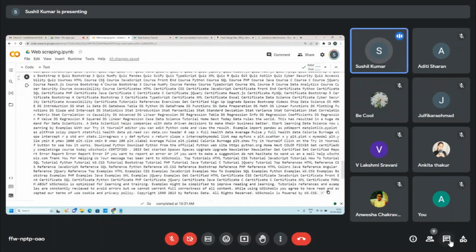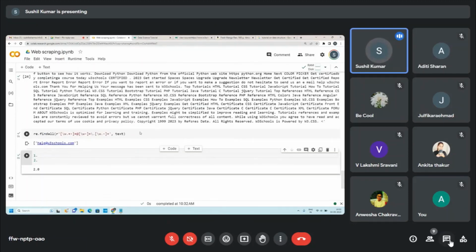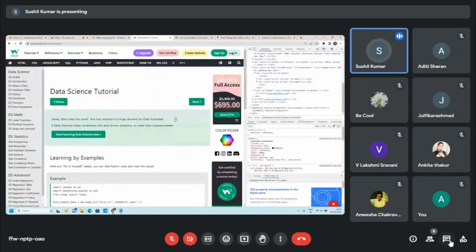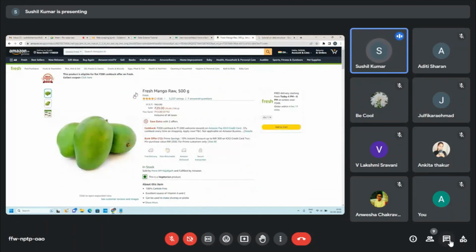Suppose I want the email ID from that website. If I run this one, from that data I'm getting help at the rate w3school.com. Basically, the pattern is word followed by at the rate, then a dot, word, plus dot, then again word. So I'm getting the email ID. For timing, this website contains only one email ID. We'll get some websites where a lot of email IDs are present, or a lot of mobile numbers, or some sales data we need to extract. Suppose on Amazon.com we get the task: every product and its corresponding price we need to extract. We need to write the rule for